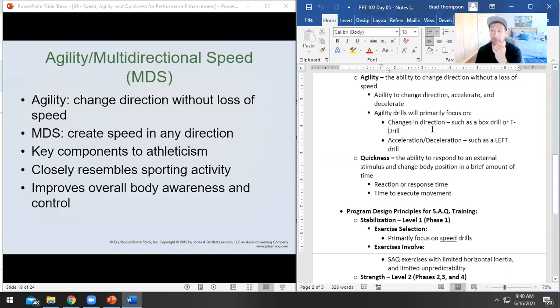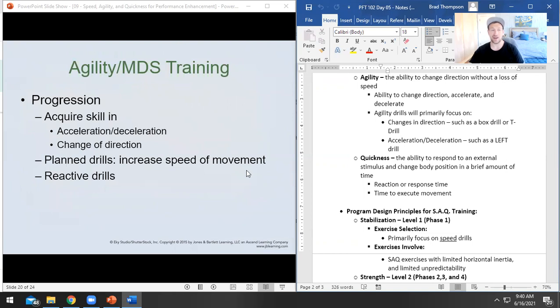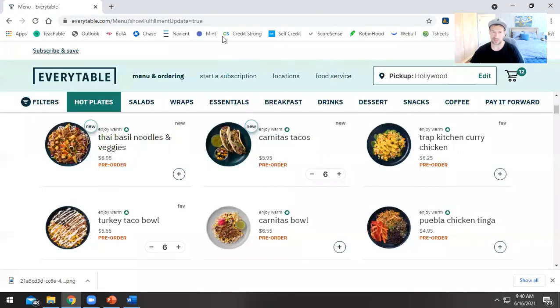If you were doing a box drill, for instance, which is where you sprint, side shuffle, back pedal, side shuffle, or sprint, side shuffle, back pedal, karaoke. If you do a little four-way box and work your way around, even if you just run around a box and change direction each time, that would still be an agility drill. We call this multi-directional speed, and there are a lot of really fun agility drills out there.